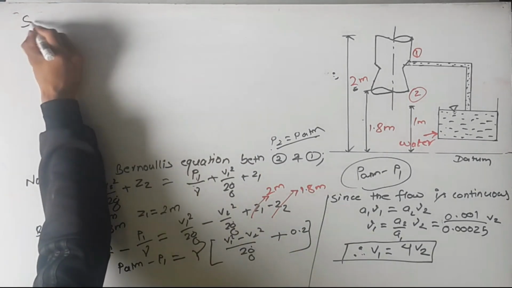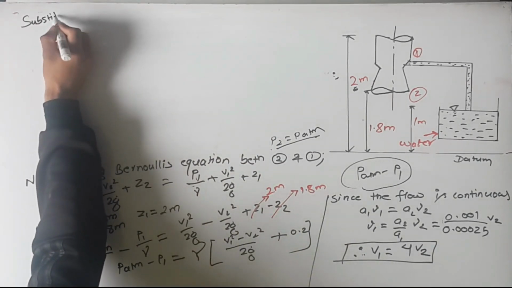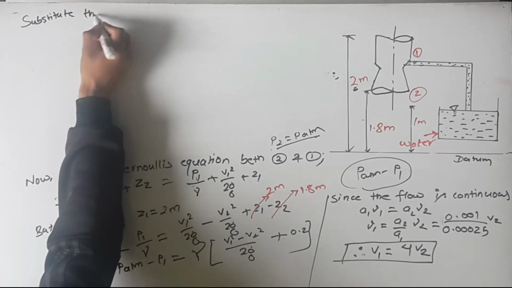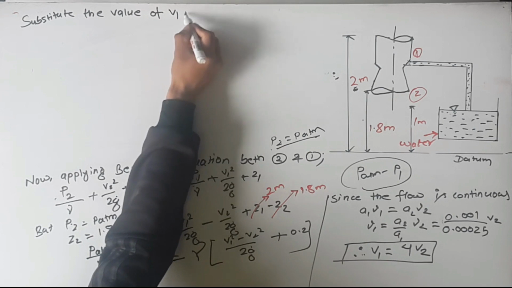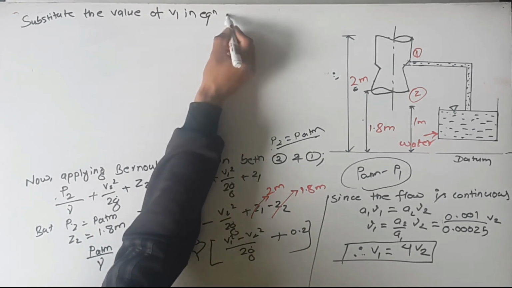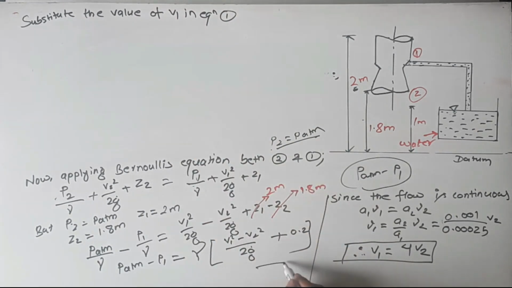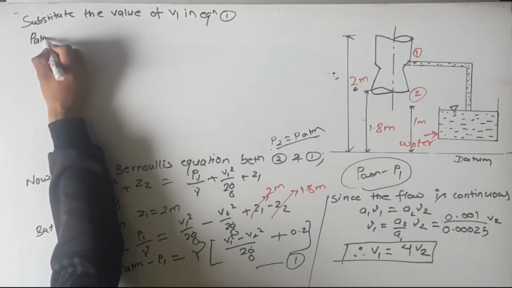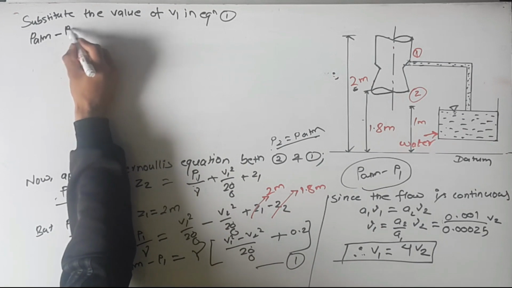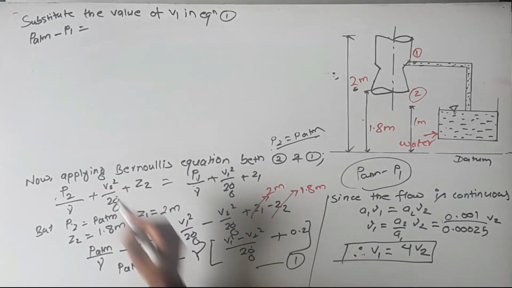Now we substitute the values. Let this be equation 1. We get PATM minus P1 equal to gamma times